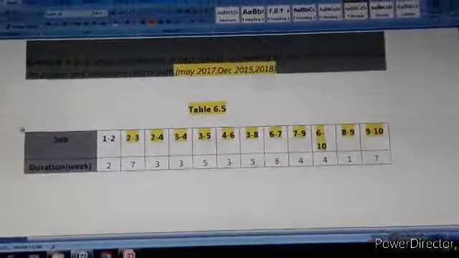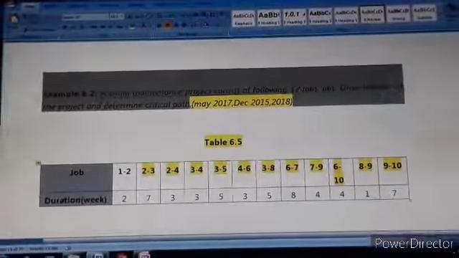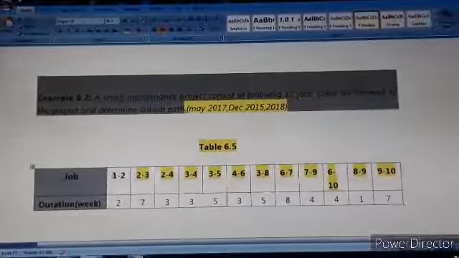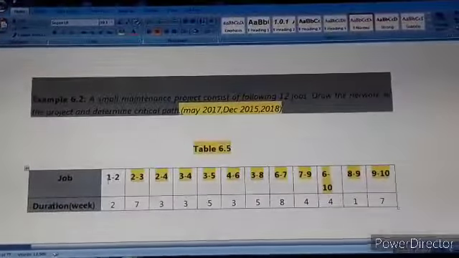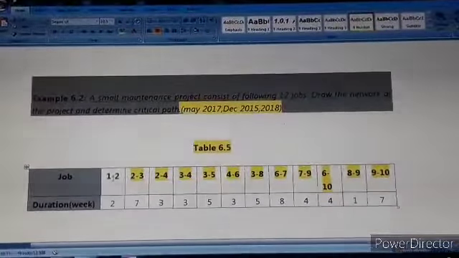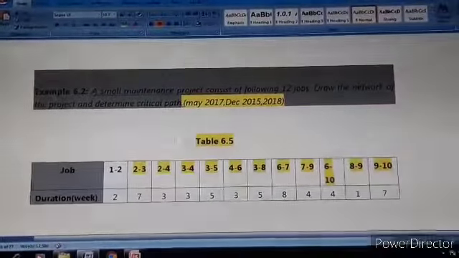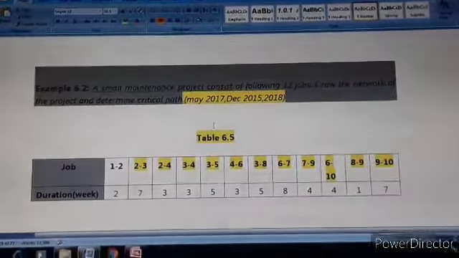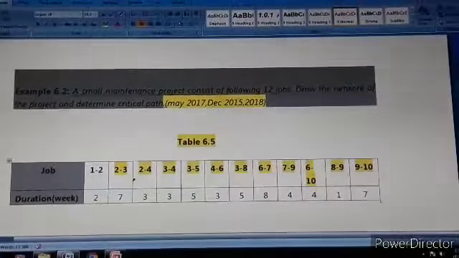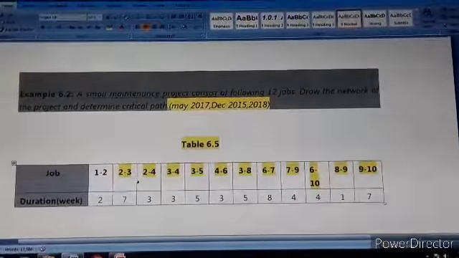So what is the difference between this problem and the previous problem? In the previous problem, the activities or jobs were designated by capital letters A, B, C, D and so on. Instead of that, they have given the nodes, that is, 1 to 2 is one activity, these are the node values instead of the activities, and their duration is given. So again we have to proceed as per the previous numerical. The only difference is that they have not given the relation between the activities, and the activities are not represented directly, node points are represented.